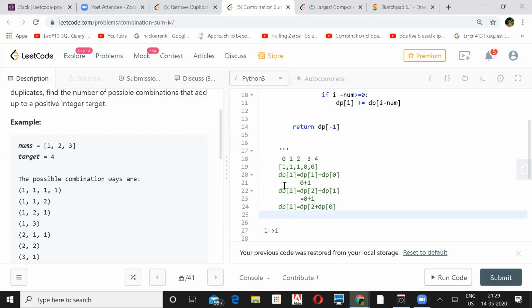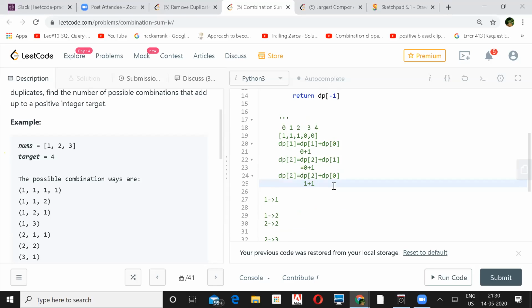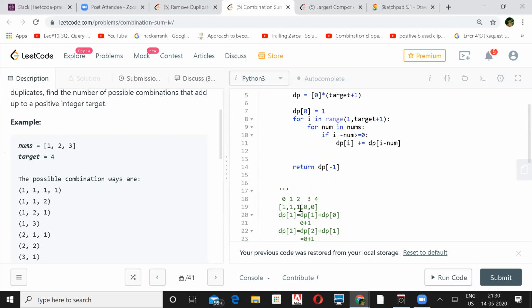For 2, you already have 1, and for 0, you have 1. So 1 plus 1 is 2. This will be your final result: 2.